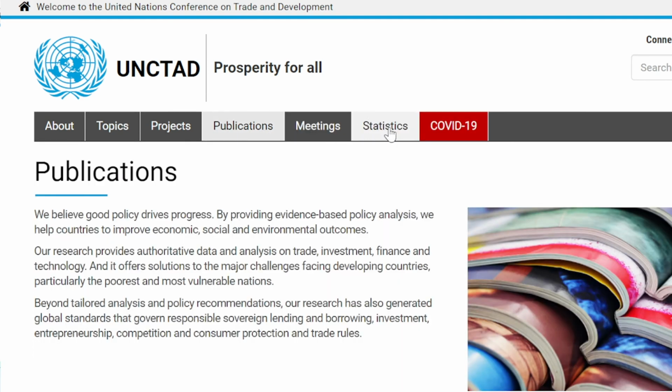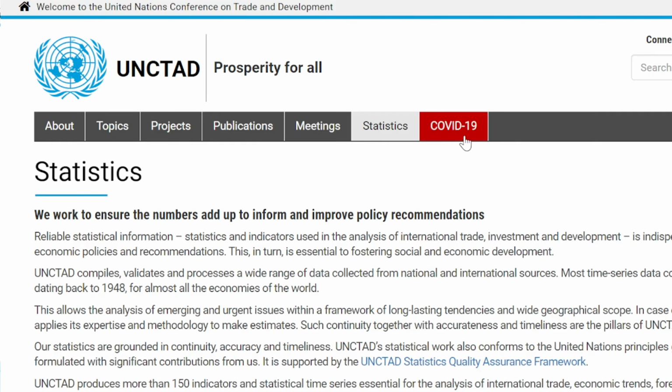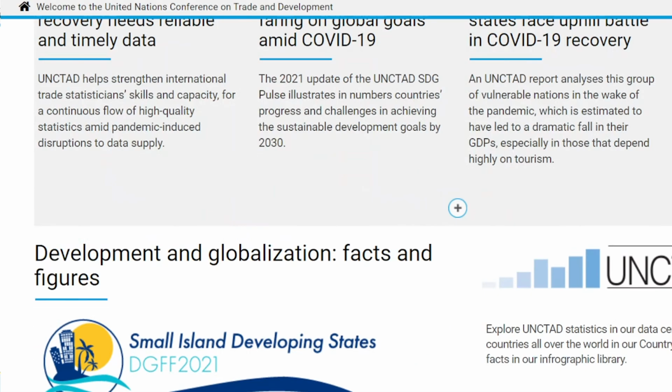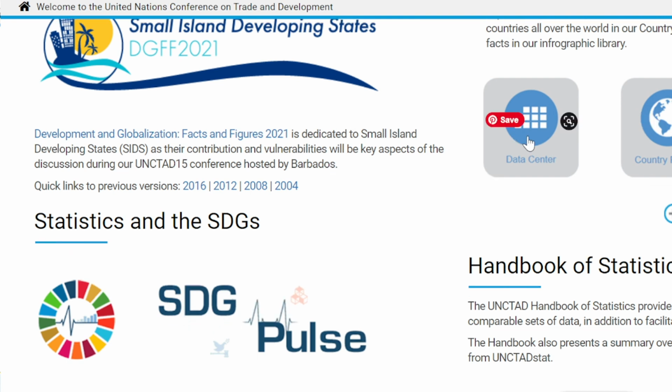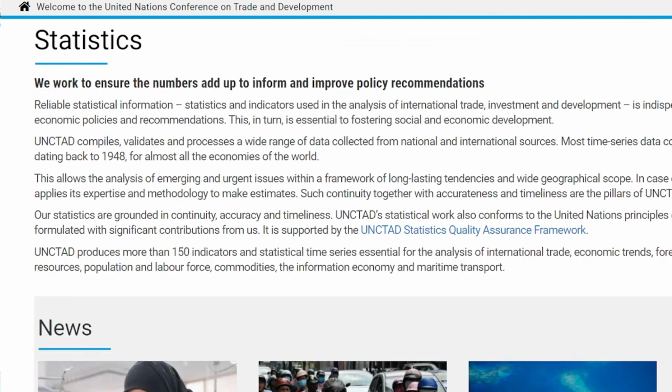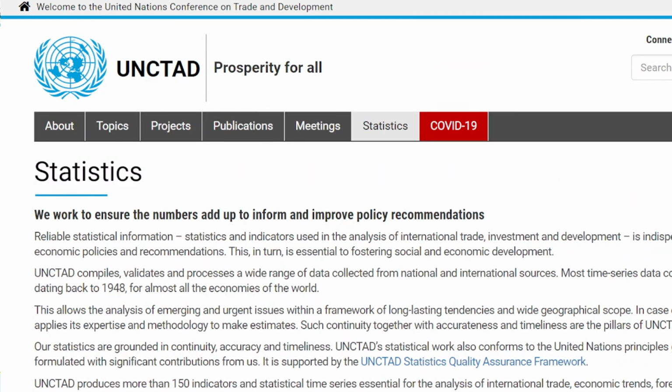You can go to statistics. You can go to data center. But I want to go to the publication because of my assignment with my students, that I wanted them to show the top